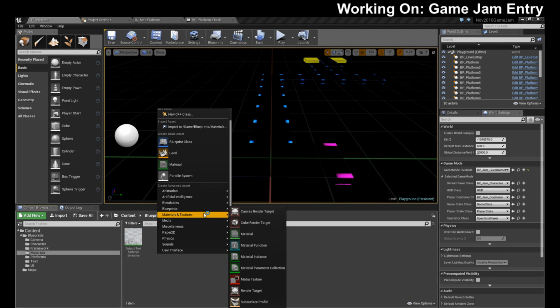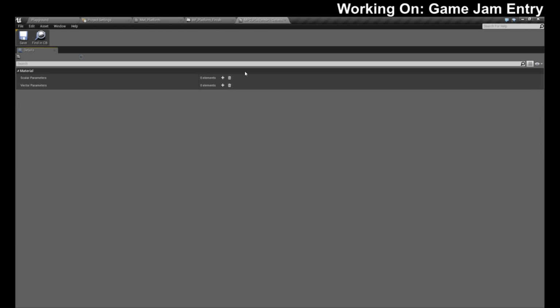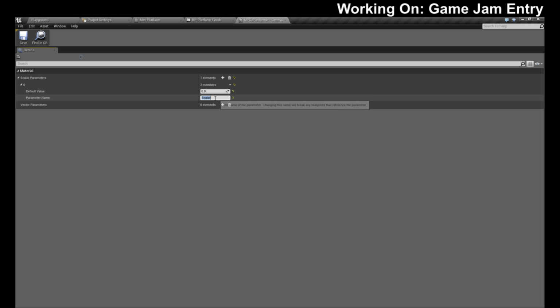Okay, I know you're in here somewhere. Material parameter collection. MPC platforms. There we go. And we're gonna add a scalar because we only need one value. This is going to be the emissive strength. And hopefully I spelled that right. Let's copy that just to be safe. Okay, the default value is going to be 0.